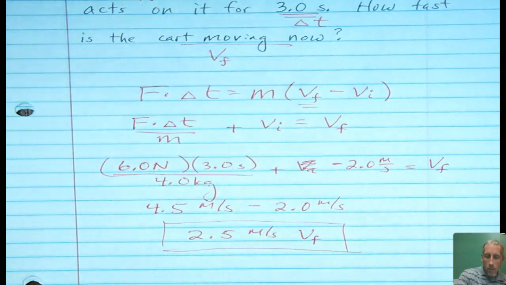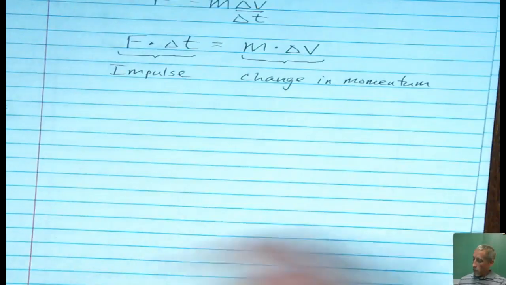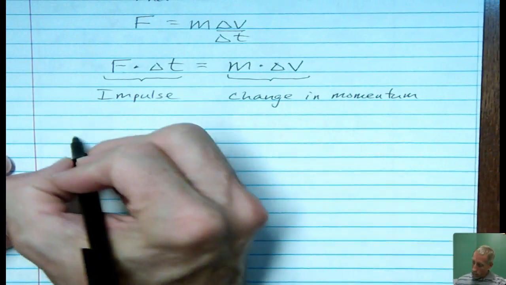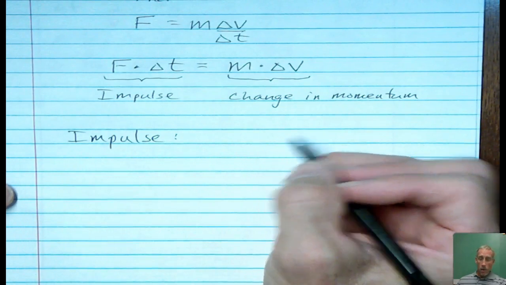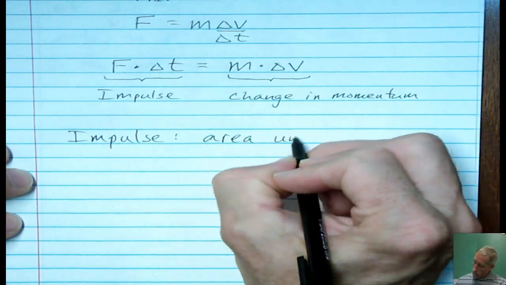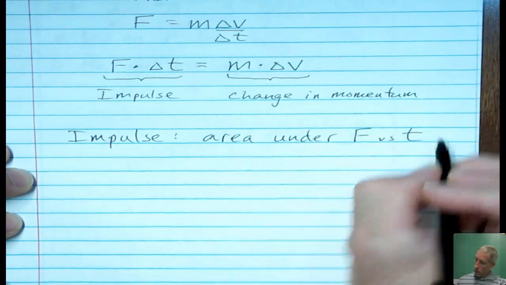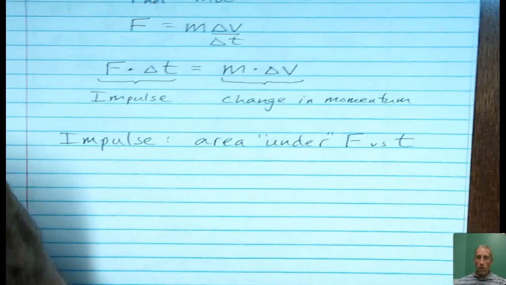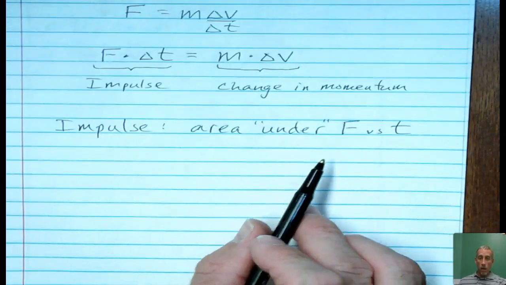So there's a kind of a typical example with a nice steady velocity. But I'm going to make a couple other short videos here that describe other ways we can describe impulse. And I'll just write them down here and then I'll leave it if you want to see the other video. Impulse can also be described as the area under the force versus t graph. And I'll use under in quotes because sometimes it's not really under when you draw it, it's over. So I'll have a separate video that describes how to find the impulse from the area under a force versus